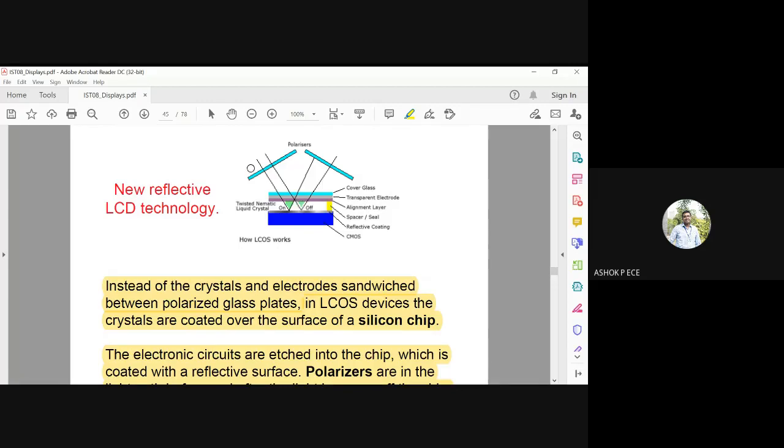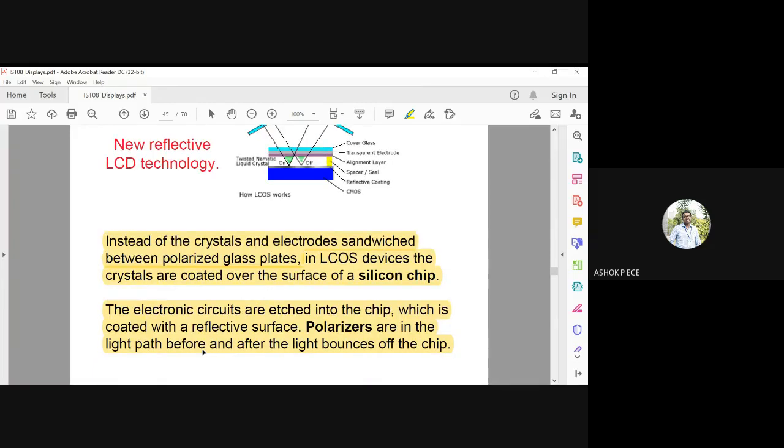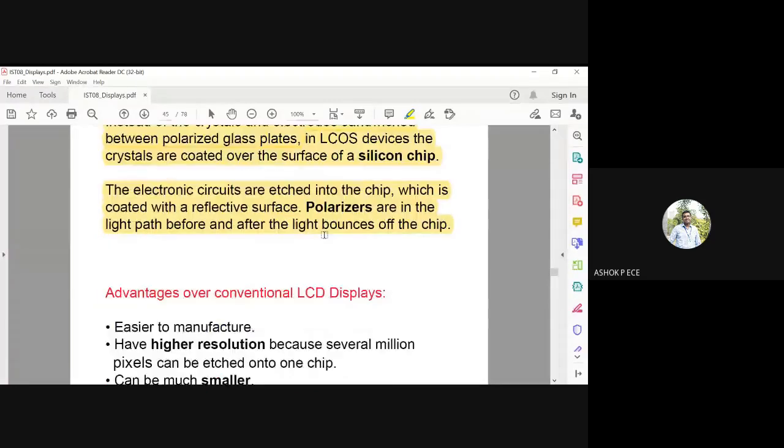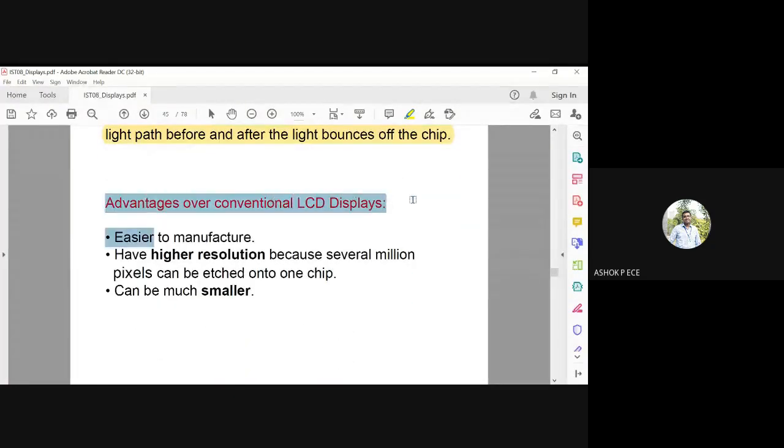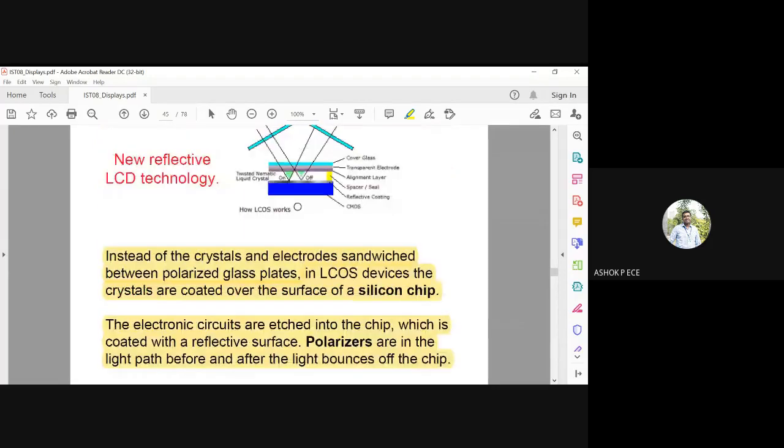So you can have polarizers on the way of light to see whether light is going into the crystal or bouncing away from the crystal. The advantage that LCOS offers over a conventional LCD display is that it is easier to manufacture, because CMOS substrate technology is available easily, the technology is available to us for fabricating CMOS.